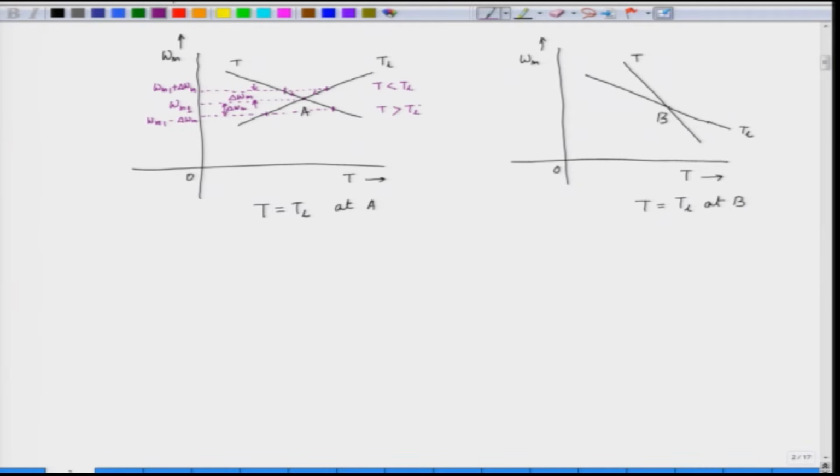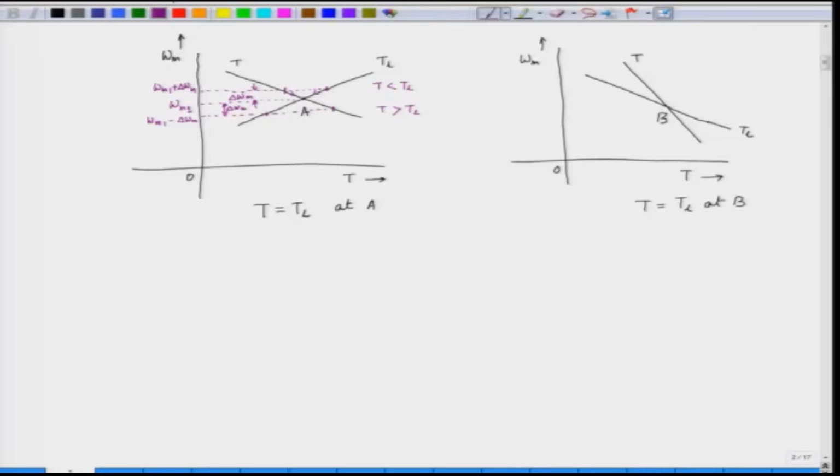The motor torque is more than the load torque, which means the motor will try to drive the load, the speed will increase. So, this will result in an increase of the speed. The characteristic will be travelled in this particular fashion and then will reach this equilibrium point. So, we can say here A is a stable equilibrium point. What about B here?